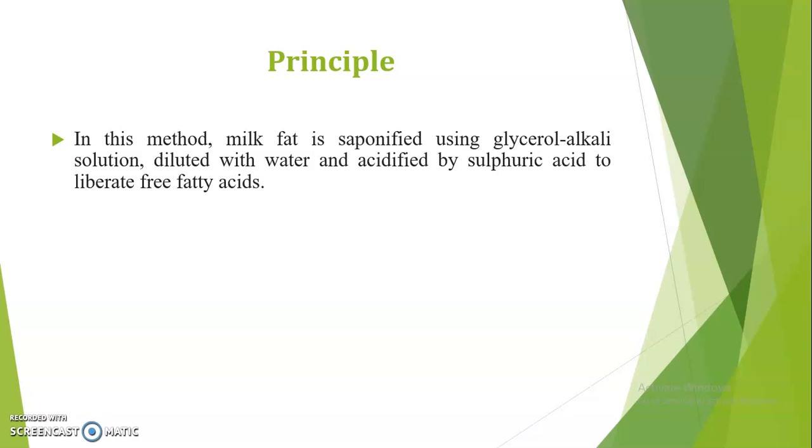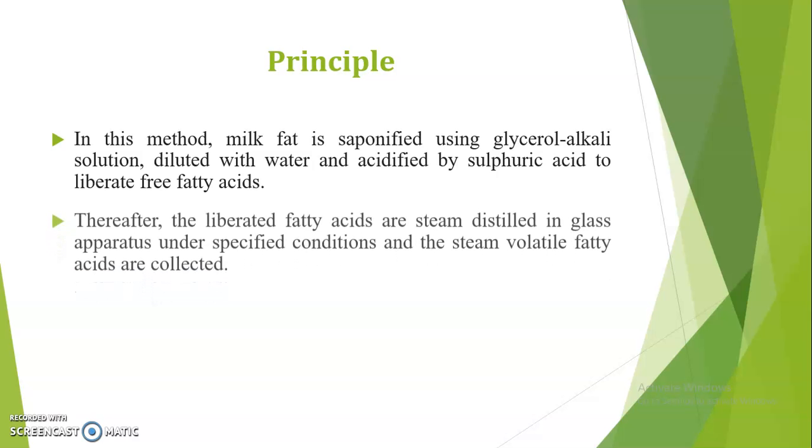When we add the sulfuric acid, it will neutralize the alkali that we have added, and as sulfuric acid is a strong acid, it will replace the free fatty acids that are present along with the sodium salt, because these free fatty acids are very weak in nature. So as sulfuric acid is strong, it can easily replace them, which leads to the liberation of the free